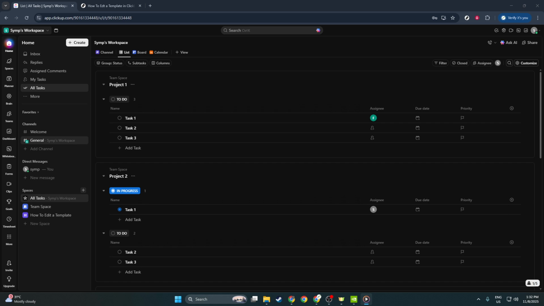First things first, you'll want to head over to clickup.com. Once there, log in using your profile details. It's important to ensure you have the correct credentials to access your workspace. If you're having trouble remembering your password, there's always the option to reset it. Once you're logged in, you'll be greeted by the ClickUp dashboard, a hub of productivity where your projects and tasks